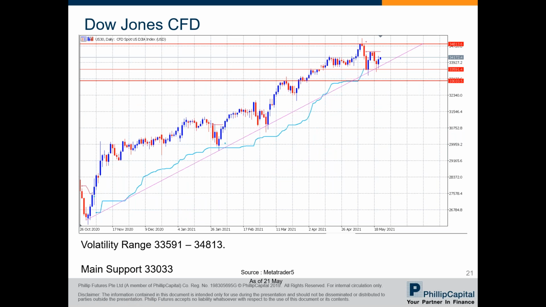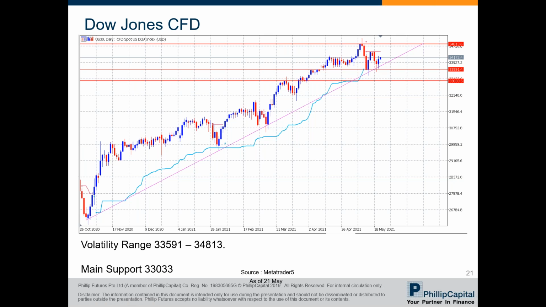Next, I'll look at Dow Jones. Also similar to the S&P, right? But this is a more similar one. The buyers are also doing a good defense battle from the 33,591 level. So you can see somewhat of a long wick over here, which shows that it's propelling the movement upwards.